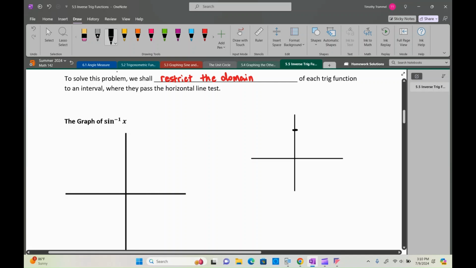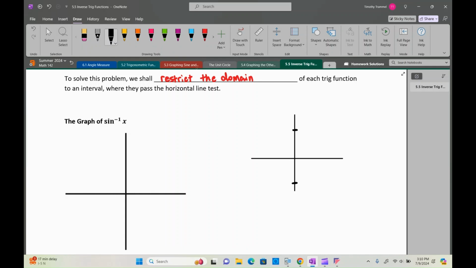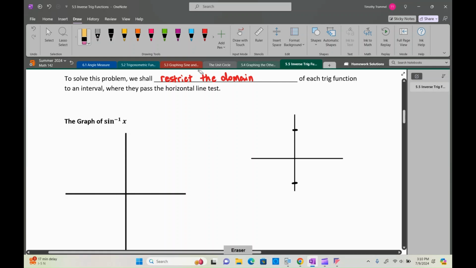So if we were to go up one, down one, and we're only going to go from minus pi over 2 to pi over 2. Let's see what that looks like here. Pi over 2, and then minus pi over 2. There we go. So if you were to graph sine of x on this interval,